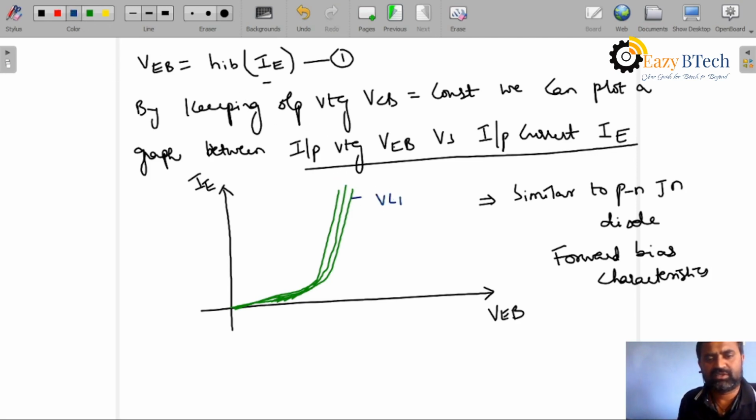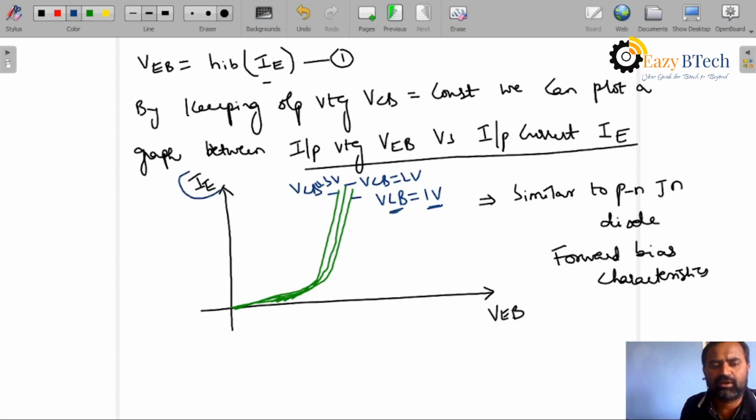This is VCB 1 volt, this is VCB 2 volts, VCB 3 volts. Okay, now you can see by keeping the output voltage VCB constant,